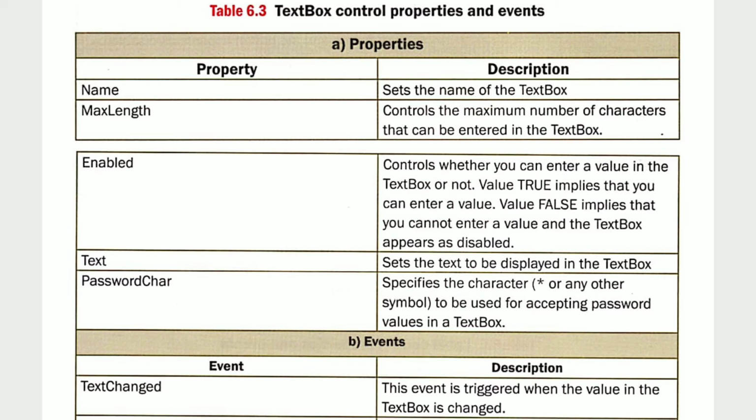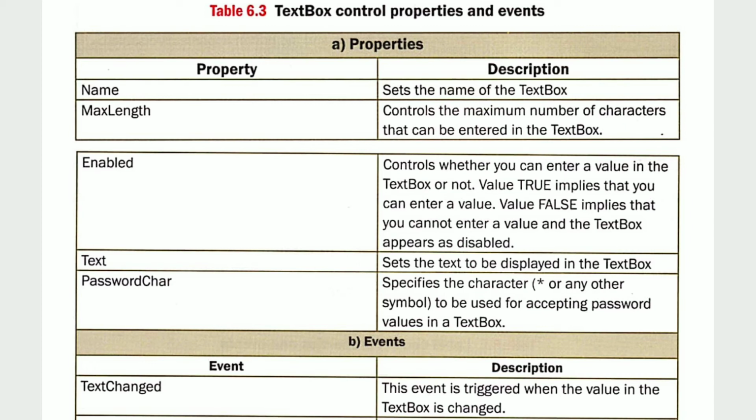There are also some other properties related to the text box control. These are the font property, which is used to set the font style and font size of the text to be displayed in that particular text box. The next property is the locked property. The locked property is used to determine whether the content of the text box can be changed or not during runtime. A true or false value is set for it.